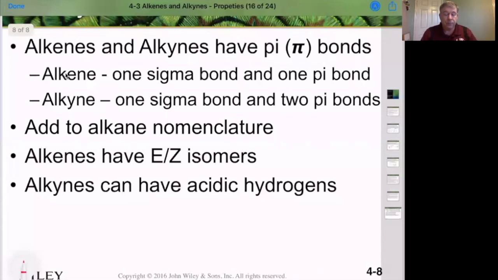In summary, alkenes and alkynes both have pi bonds. An alkene has one sigma bond and one pi bond. An alkyne has one sigma bond and two pi bonds. We went over adding to the different rules from alkenes and alkanes. We've added alkenes and alkynes. We've also added the E/Z and cis-trans isomerization of alkenes. And we saw that alkynes have the most acidic hydrogen of all the